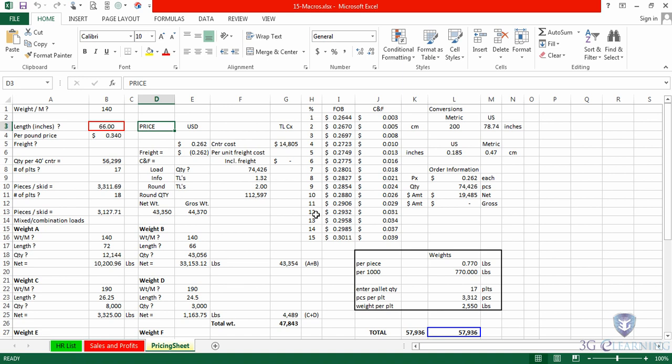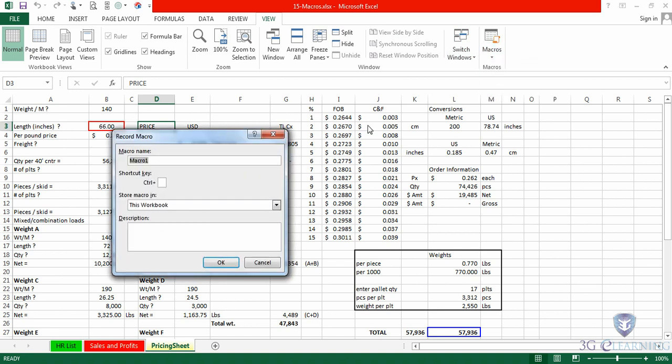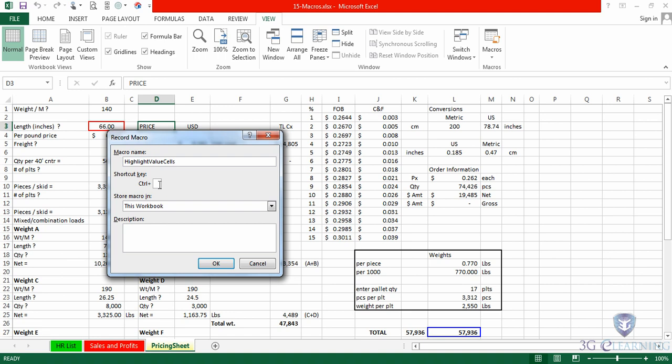We'll start the macro recording process by going to the View tab in the ribbon, choosing the drop arrow for Macros, then Record Macro. Give it the macro name Highlight Value Cells, the keystroke shortcut Ctrl-Shift-V. We want to store this macro in Personal Macro Workbook. This is a separate file with the name